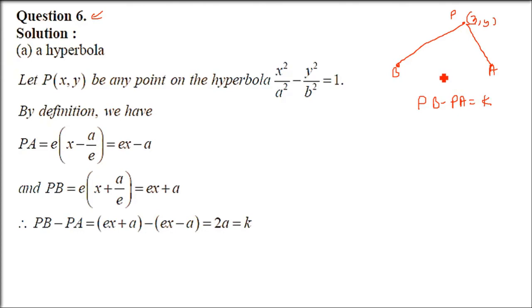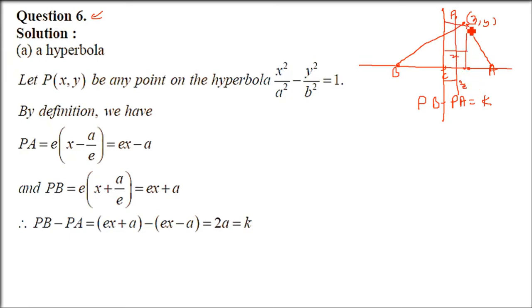When we discussed, I told you that it is 2A, which is constant only, and the same thing we are going to see here. I'm not going to prove it, I'll give you the direct result here. When we drew the diagram, we got the center, we took the distances of PA, PB, and these distances were subtracted, and then we got the value, which is actually 2A. So here you have to revisit that whole diagram, and that diagram is self-explanatory if you see the book of R.D. Sharma, okay?